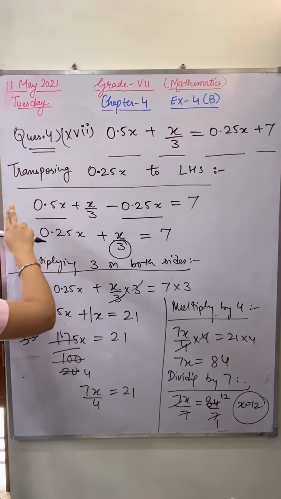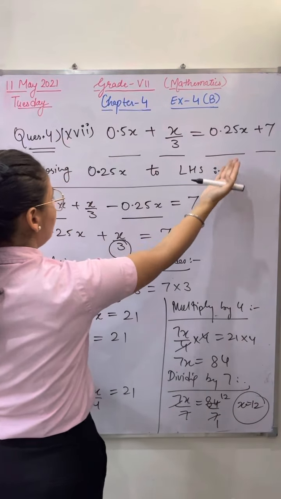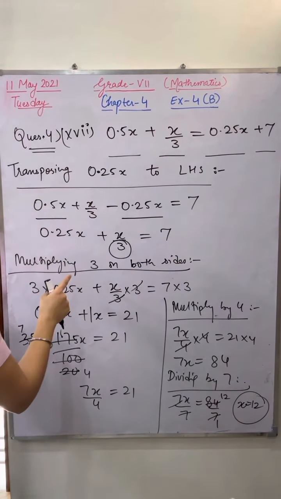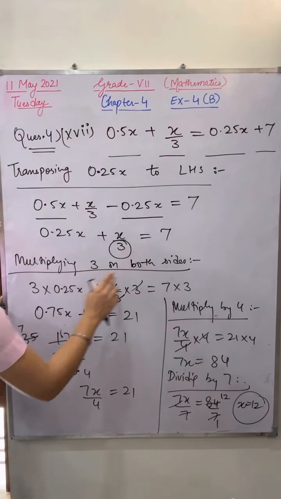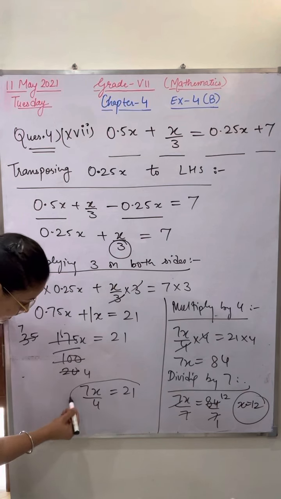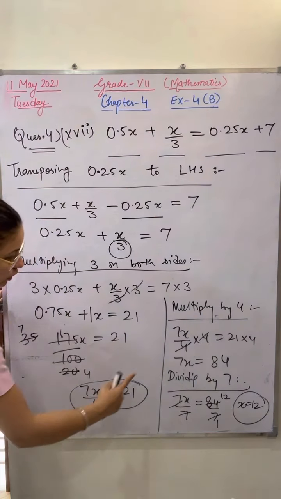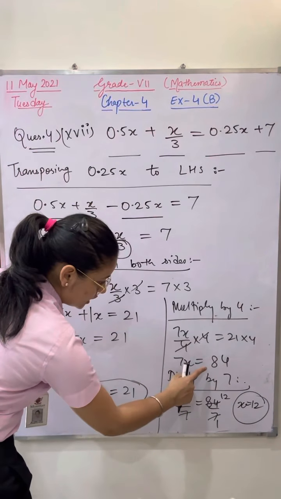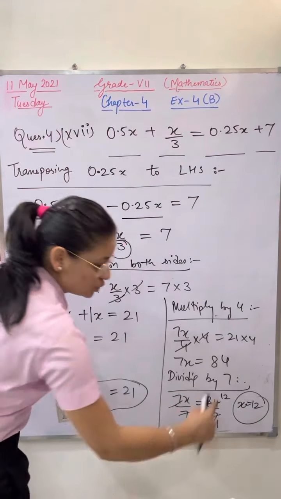I have just opened. First of all, you have to shift the constant, this variable value to the left hand side. After that, this 3 is in the division, so I have multiplied 3 on both the sides. After multiplication, you have to add this x plus this x. Then I have removed the decimal. I have cancelled on 5 table. What is left? 7x upon 4 is equals to 21 is left. Then I multiply 4 on both sides. Then 7x is equals to 84 is left. Then I divide by 7 on both sides. Then x is equals to 12 will be the answer.